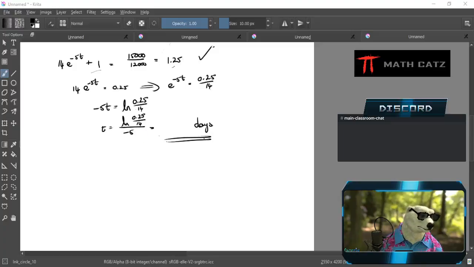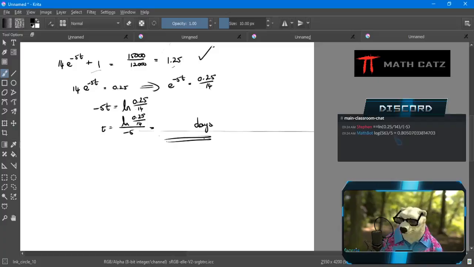MathBot, are you going to... I think I'll just redo it. I thought I could edit it another one. Natural log. Sometimes MathBot doesn't like me to go back and edit previously typed in stuff. Divide that by negative 5. MathBot says, there we go,